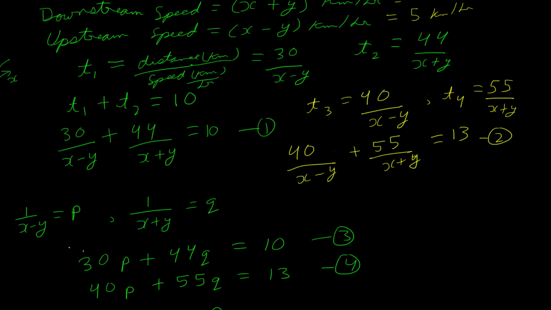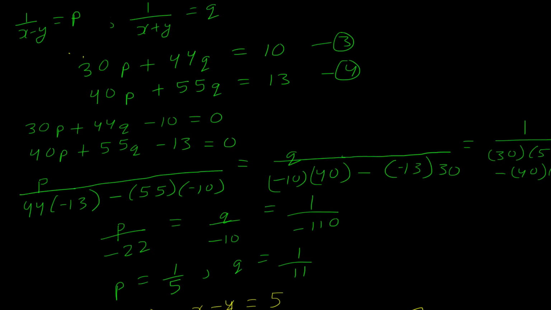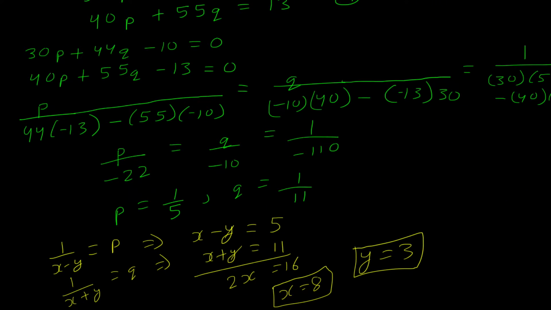Then we used our knowledge of cross multiplication method to solve it. We solved it for p and q, and then again we substituted back, and then again we got a pair of linear equations in x and y, and we simply solved it using elimination method to get the final values of x and y. So this was a very beautiful question where we used our elimination method, cross multiplication method,